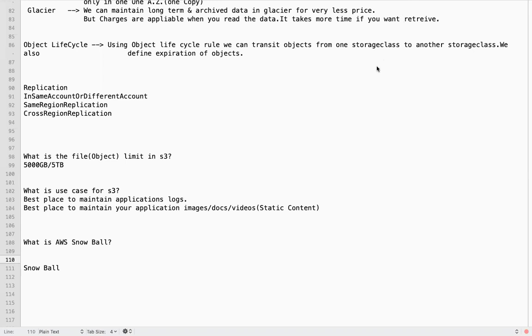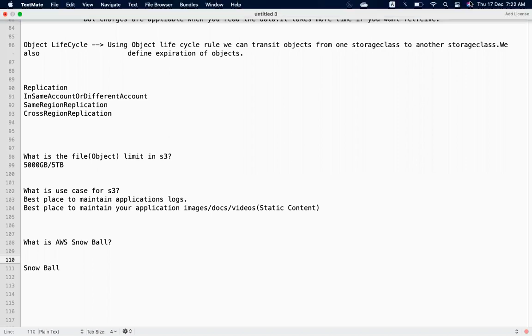Suppose you are trying to migrate your infrastructure from on-premise to cloud. You have an on-premise data center, your data is in your own data center, and now you are planning to migrate to the cloud. And you have petabytes of data.